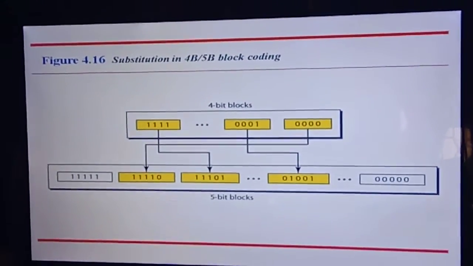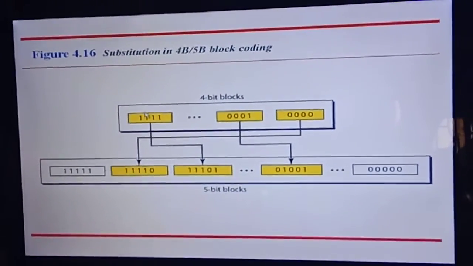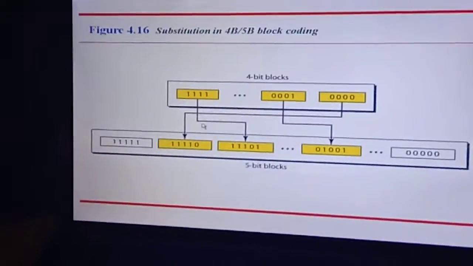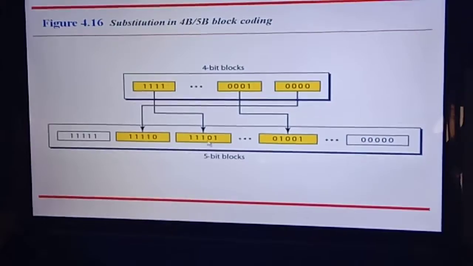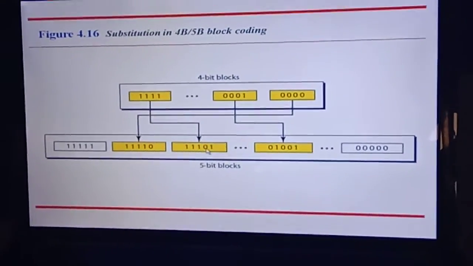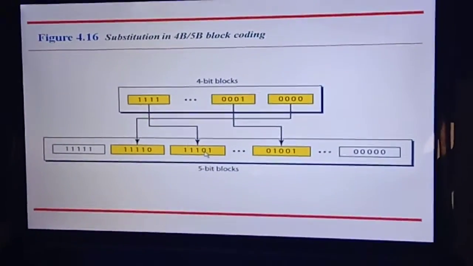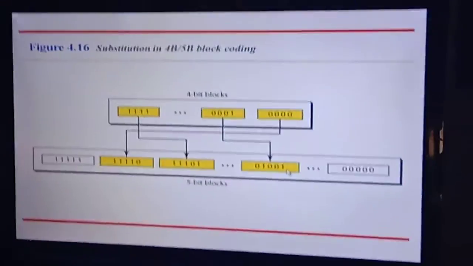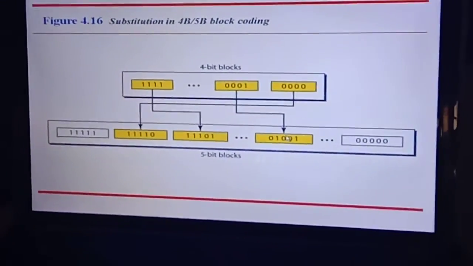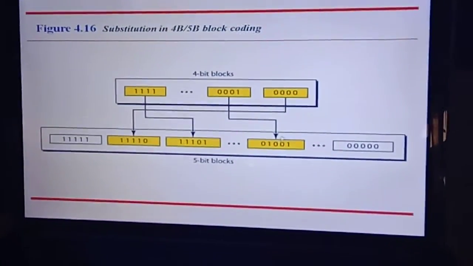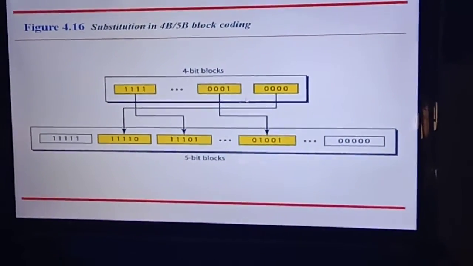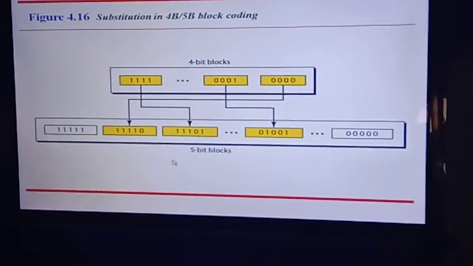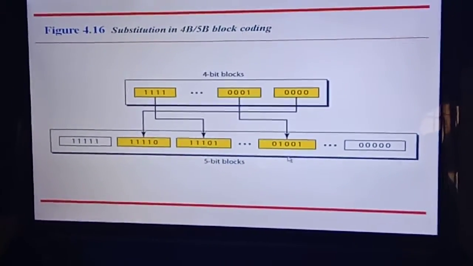So the 4-bit blocks are converted into 5-bit blocks, for example by inserting a 0 in the 4th place. Similarly, we can use different types of approaches for encoding: inversion approaches, XOR approaches, addition approaches, etc. So this is inverting and adding a 0, and so on. These are different methods, and we can use any one of them for reproduction.